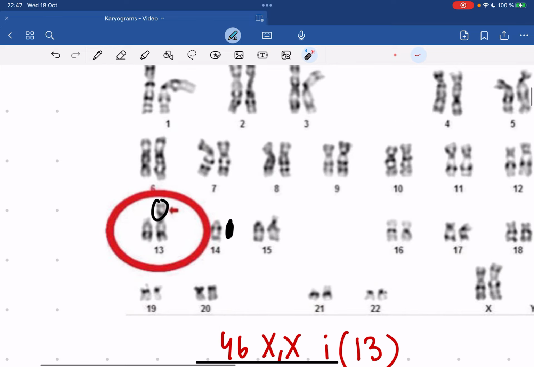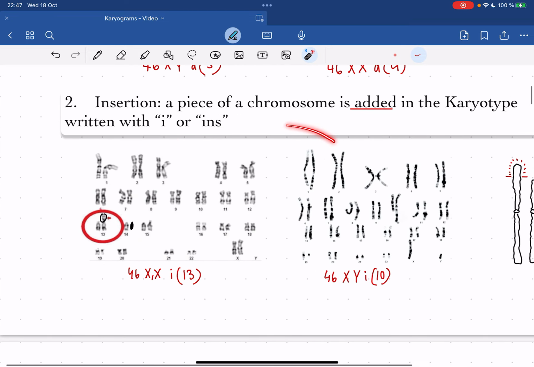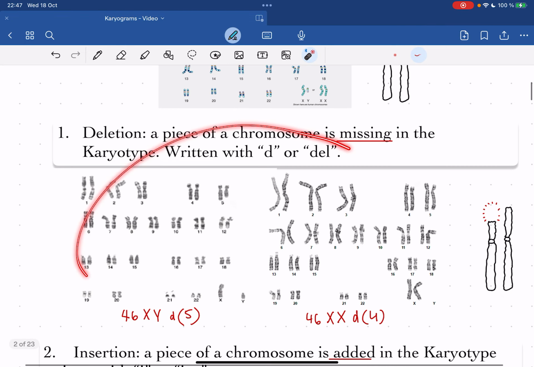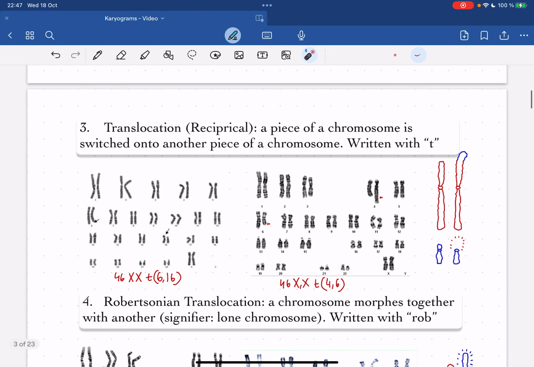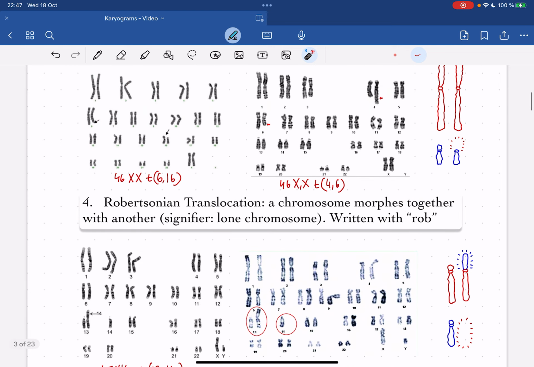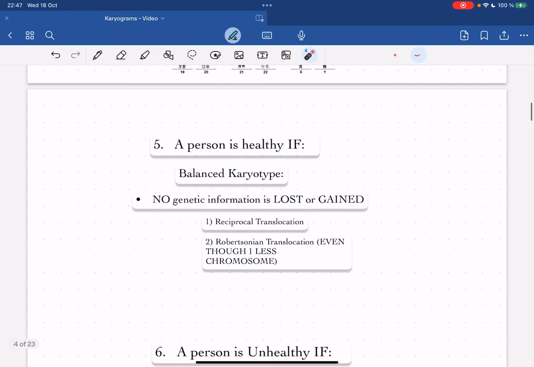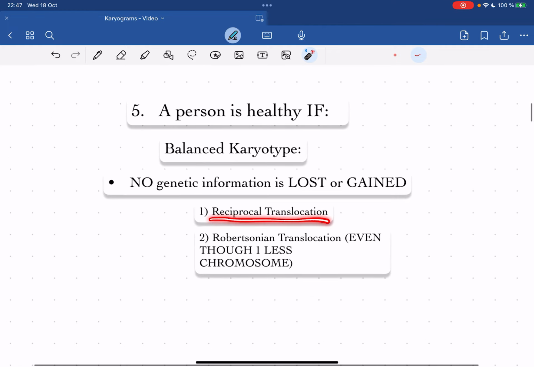Well, they're actually unhealthy. So you can see here that they're gaining a piece of a chromosome. That means that definitely this will be unhealthy and this will be unhealthy as well. So deletion will be unhealthy, insertion will be unhealthy, but any type of translocation, whether it's reciprocal or Robertsonian, means that it's just going to be healthy. The pieces of information aren't lost, they're just migrating to other parts of the chromosomes. So that's why we know that reciprocal translocation as well as